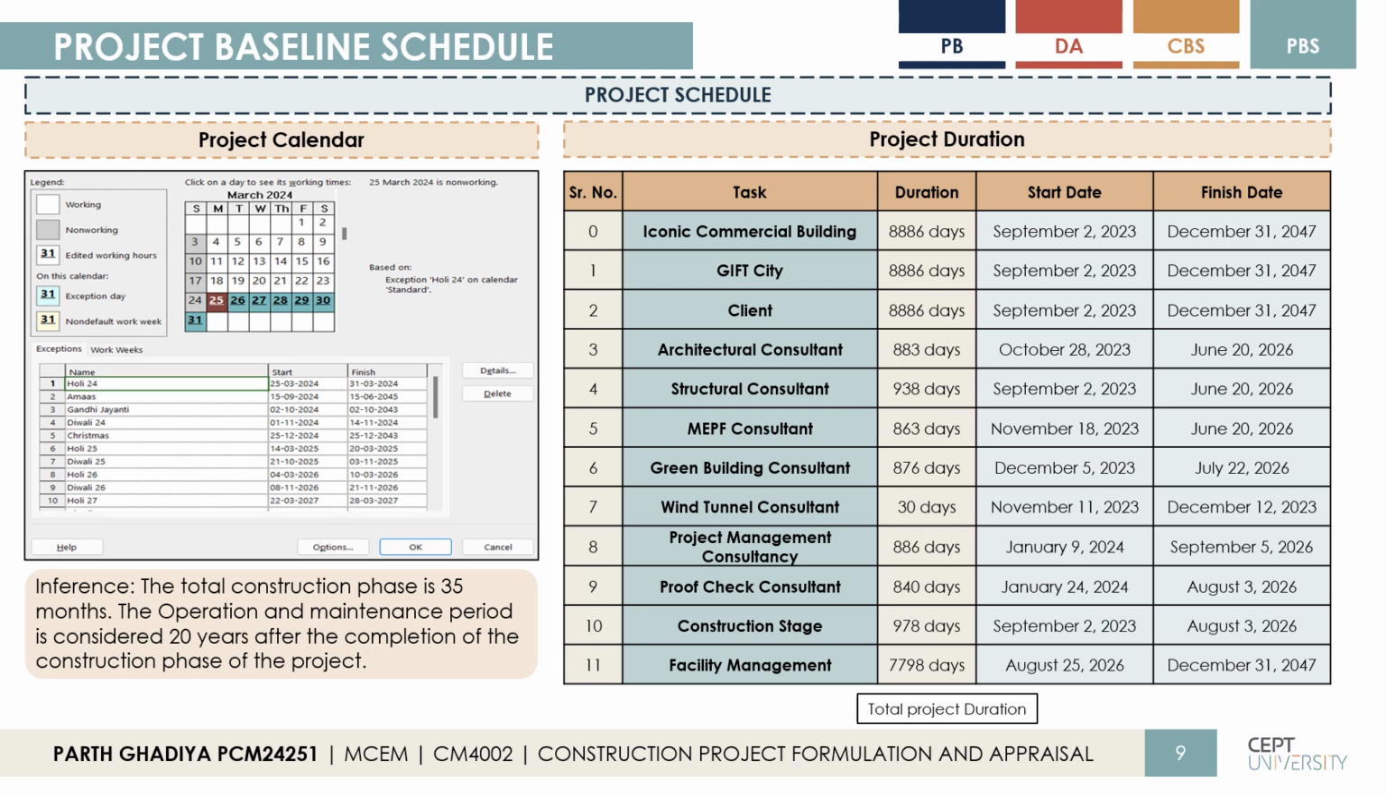Now moving to the project calendar. The project calendar shows the working and non-working days of the project. The project is expected to span from September 2023 to December 2047. The total project duration is 8,886 days, which includes the construction phase of 35 months, covering the actual